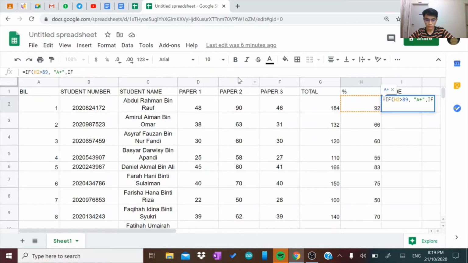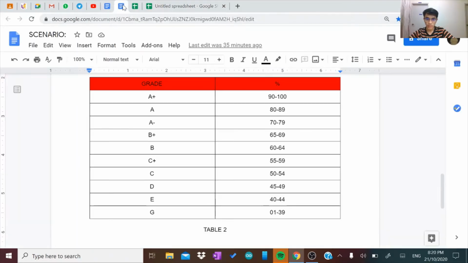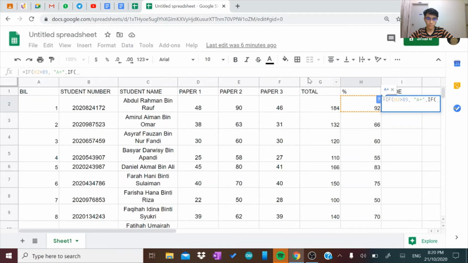So we will follow the same method for A plus. Then for A, the student has to receive 80 until 89, which means the mark has to be greater than 79. So we just type 79, comma, space, and A, then close it, comma again, IF again,